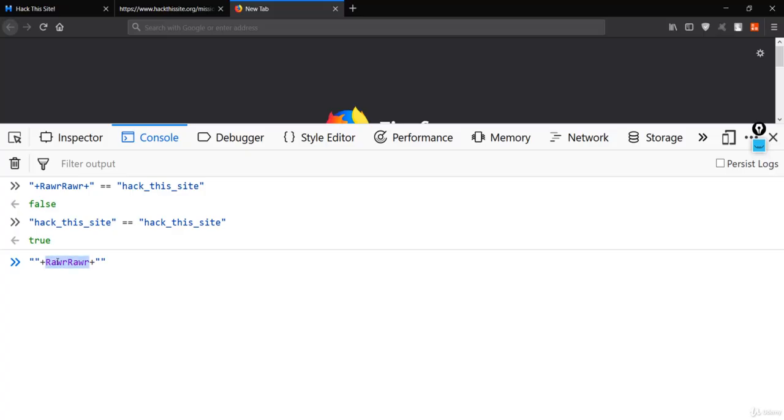Let me make this a string too. Instead of this rar, which is obviously the variable in this case, I want to make this a string. So I'll put a double quote here, and if I hit enter, it is going to give us the rar, because this part in the beginning and in the end is basically empty.